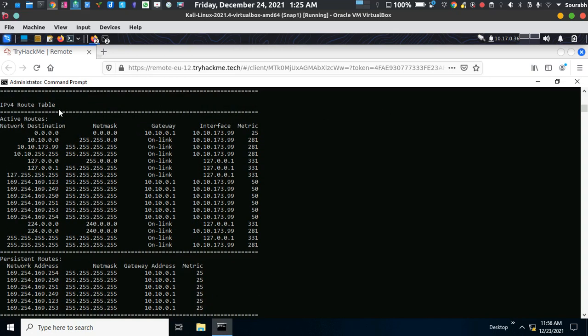Basically when we type the route print command, keep in mind that it works on Windows only. It's not going to work on Linux. For the network, it's going to give you the entire thing, which includes network destination, netmask, gateway, interface. Network destination means where the packets, or you can say the particular bytes, are actually going. Netmask, you know about the subnet mask, right? It is 255.255.255.255.